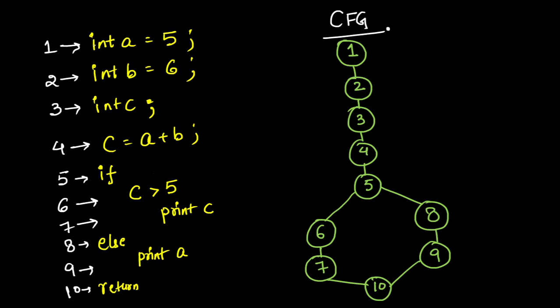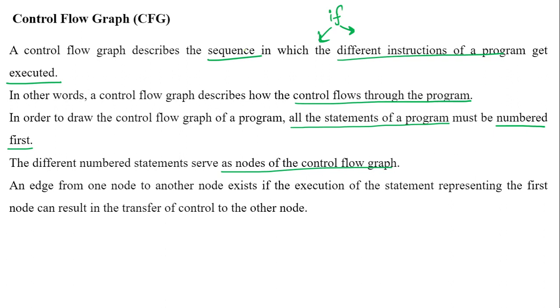So what you did first, you first numbered all these statements, then you drew the CFG, then second step, you will find the cyclomatic complexity, okay, and then you will find the number of independent paths. So basically there will be I think 2 paths only, है ना? So this is how you will do it. अभी आगे जब हम calculate कर लेंगे तो we'll see next, ठीक है? इसके बाद के steps ये हैं. So I hope this is how you know how we calculate the control flow graph. वो कैसे calculate करोगे? जब हम CFG पढ़ लेंगे तो this will be your homework that you have to calculate the cyclomatic complexity of this program yourself. I think this is clear to everyone now.